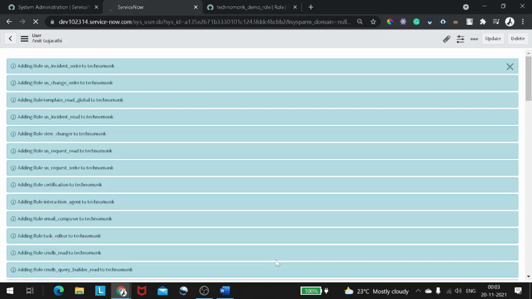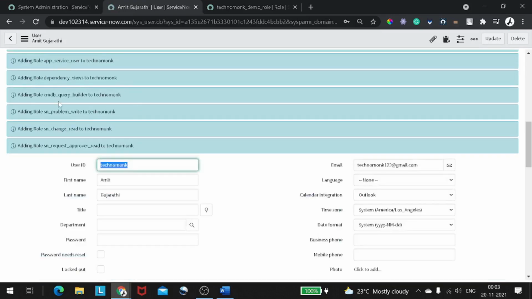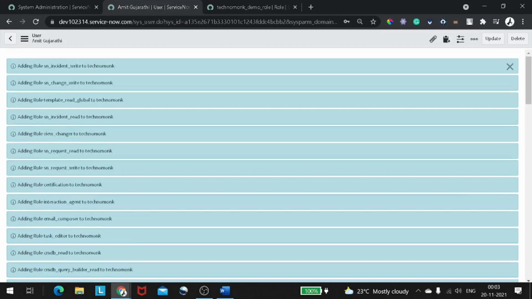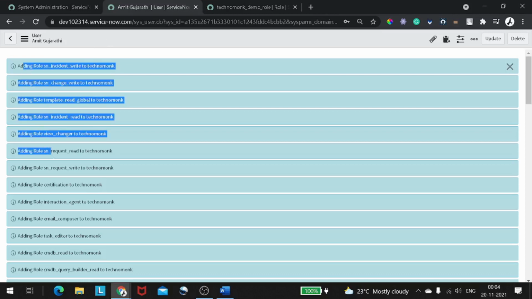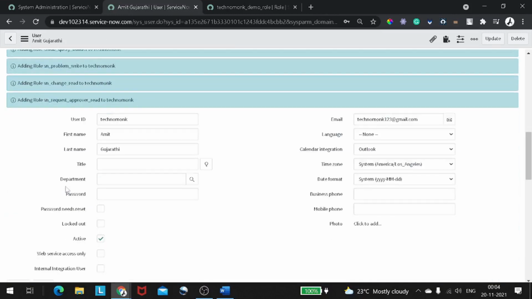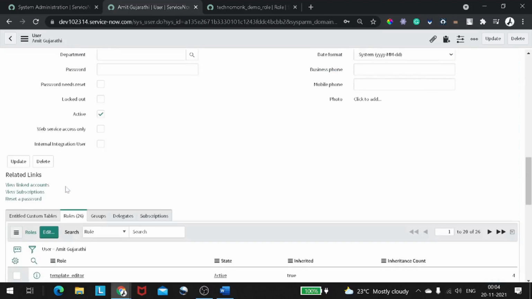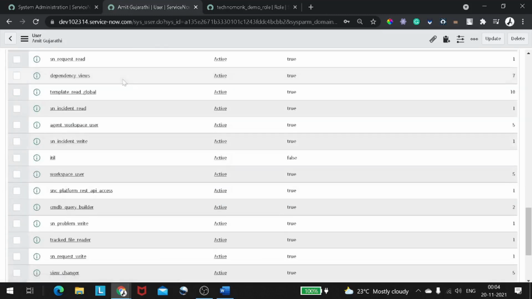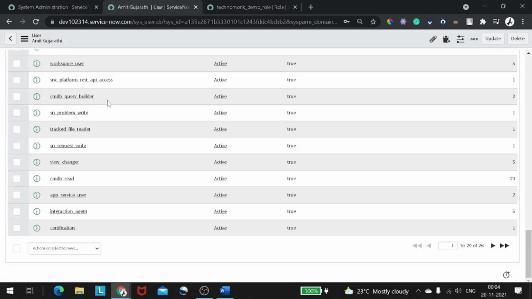Okay, and now under ITL, you may be getting this query: we assigned only one role, but why is the user getting so many roles? Because the ITL role itself has some roles under it. You don't trust me? I will show you. These are all the roles that got granted as a part of the ITL role.